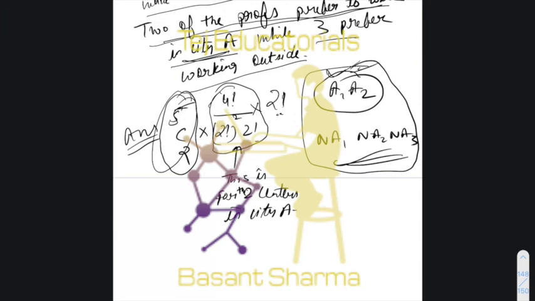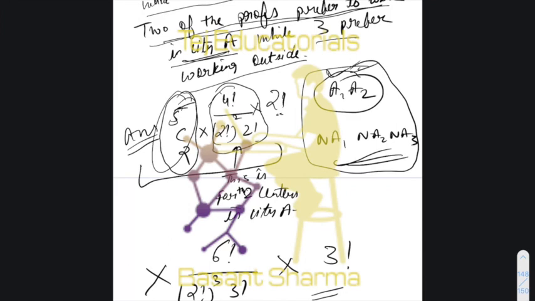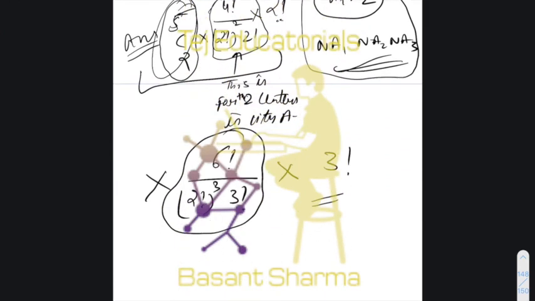Similarly, this whole expression is multiplied by the following. Now you have 6 remaining professors, since 4 professors have gone to city A. Now divide those 6 professors into 3 groups, each of group size 2, right? And distribute them amongst the 3 centers. This will tell you the number of ways in which you can form 3 groups, each of group size 2.